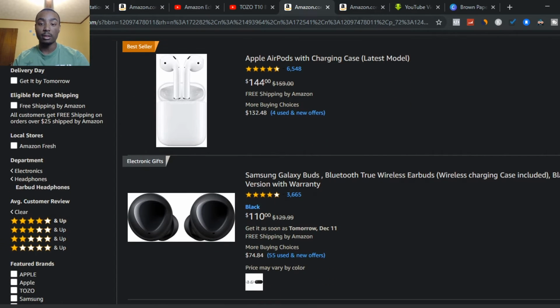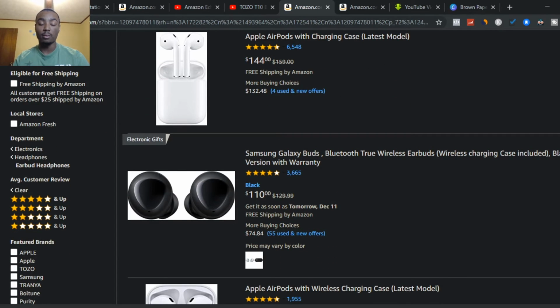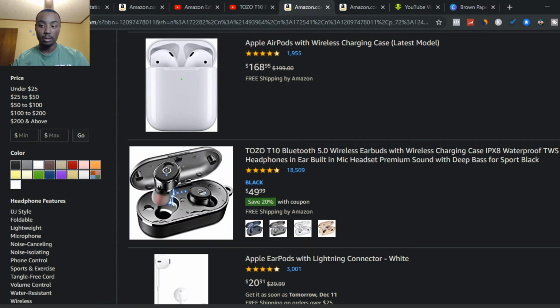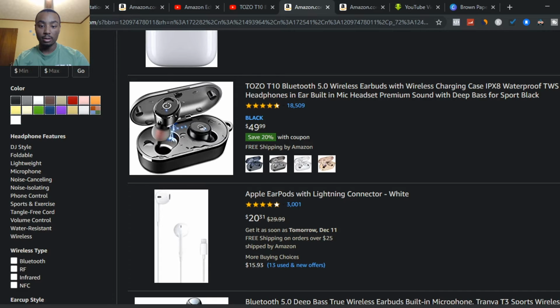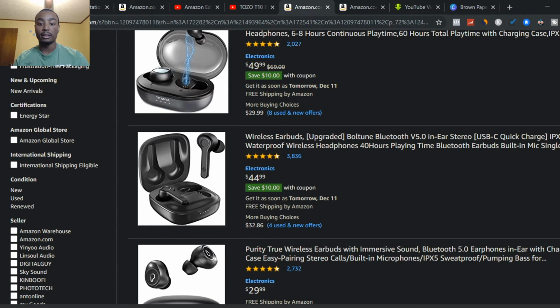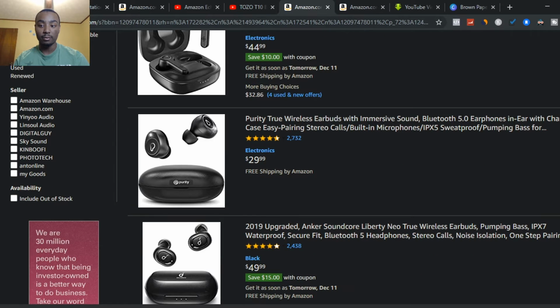It's gonna come to this page, right? Once it comes to this page, you're gonna look for the one that has the most reviews on it. The views are the numbers on the side that are blue, the highlighted blue right here. As you can see, all of them are less than 10,000 and they're not getting a lot of views. But this one